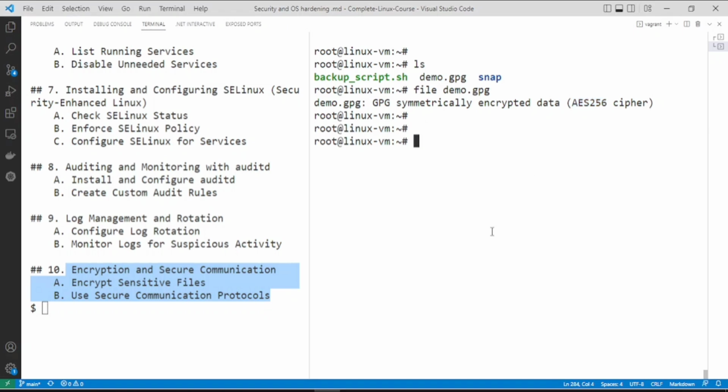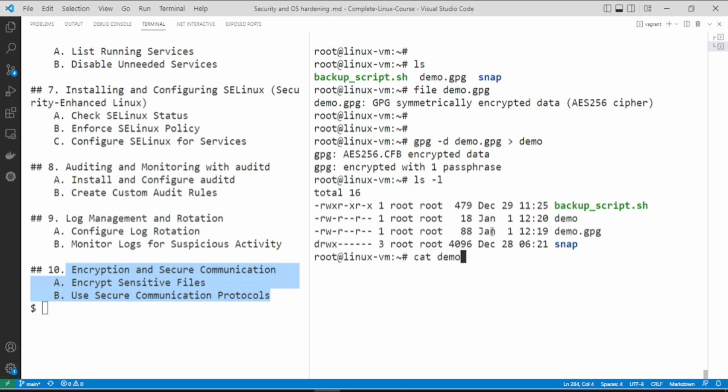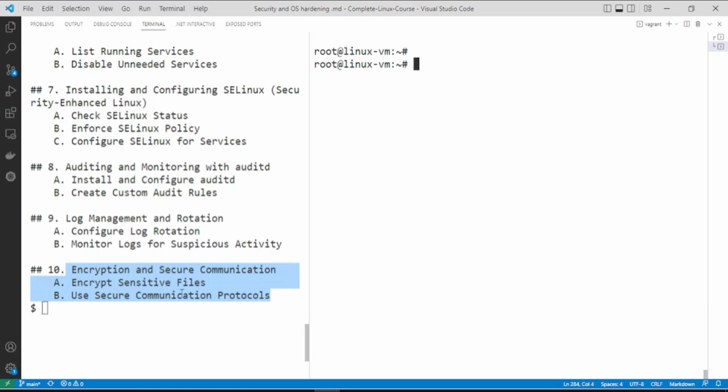In order to decrypt the file, the command is gpg -d followed by demo.gpg and the file name of the decrypted file. Here you can see the file is decrypted, and here you can see the content. So this way you can encrypt sensitive files using GPG keys. There are various other ways to encrypt files, like OpenSSL, tar plus GPG key, etc. We are not going to cover most of those; you can learn these things by yourself. And yes, we tried to cover most of the things